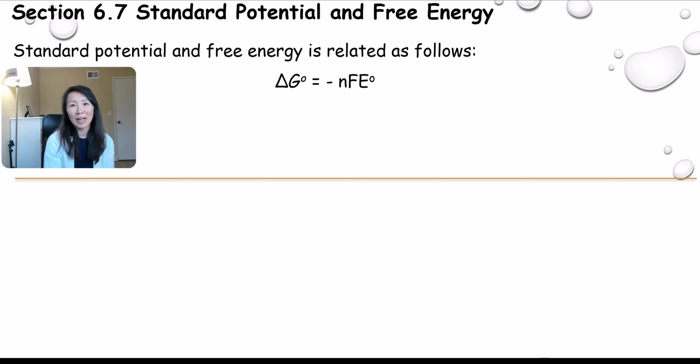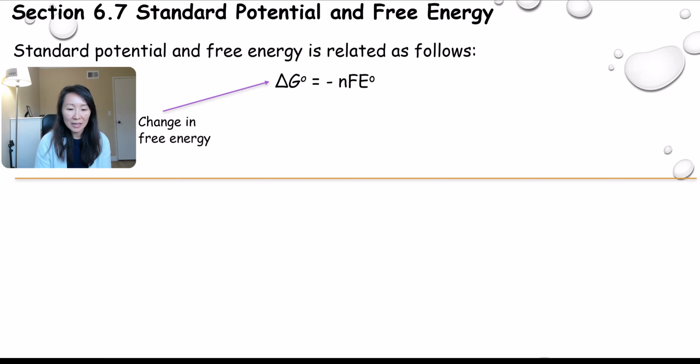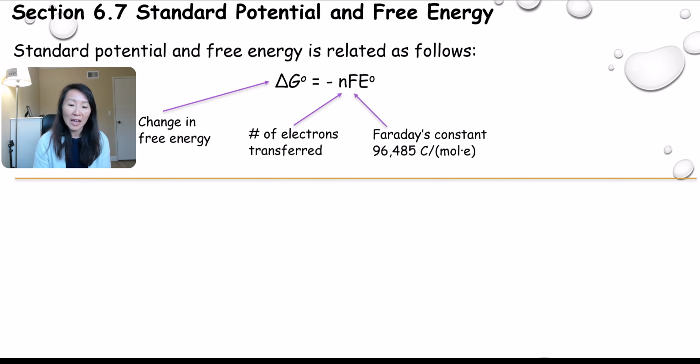Standard potential and free energy are related by this equation, where you have delta G equal to negative nFE naught. What do these all represent? Well, the delta G is the change in free energy. The n represents the number of electrons being transferred from one species to another. And the F is Faraday's constant,